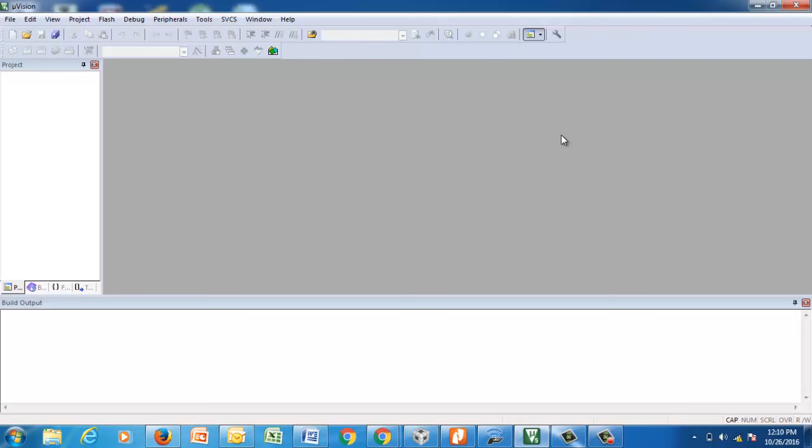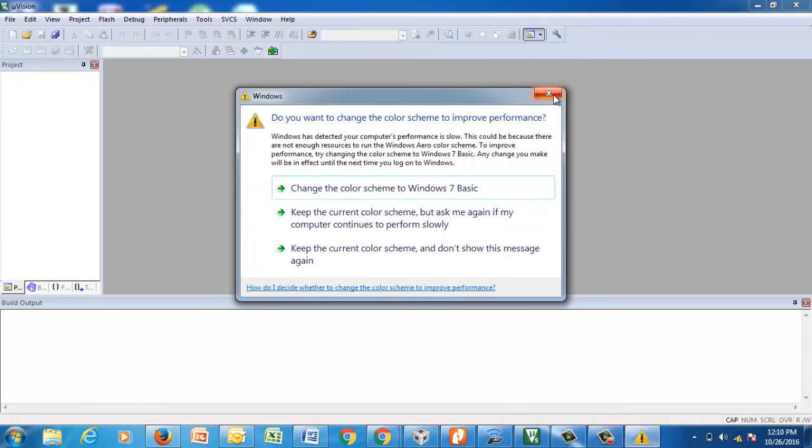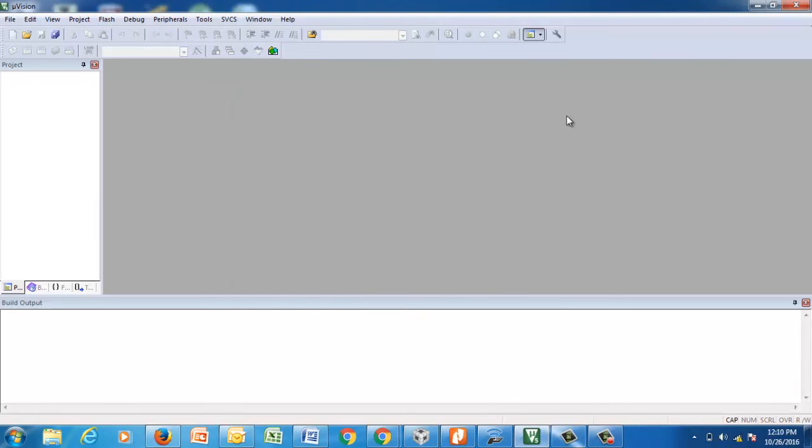the first link that you will get will be legacy support for Microvision 4, and click that. It will take you to the Keil download page where you will see two legacy supports, one on the left hand side and one on the right hand side. The one on the right hand side is the actual legacy support that you are supposed to download. It basically has the devices for ARM 7, ARM 9 and your Atmel. So once you download that and install, you will have the legacy support incorporated in your Microvision 5.